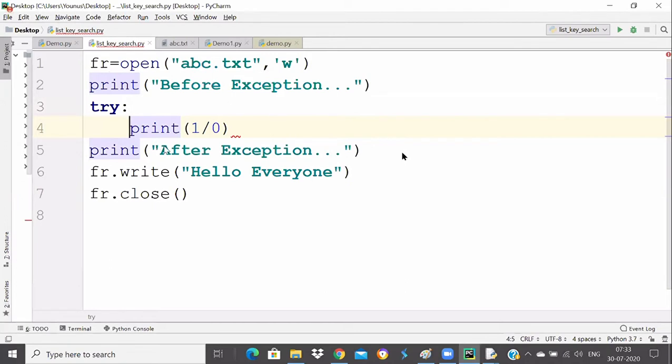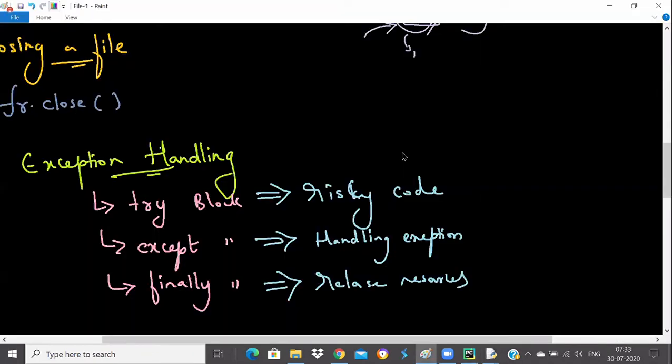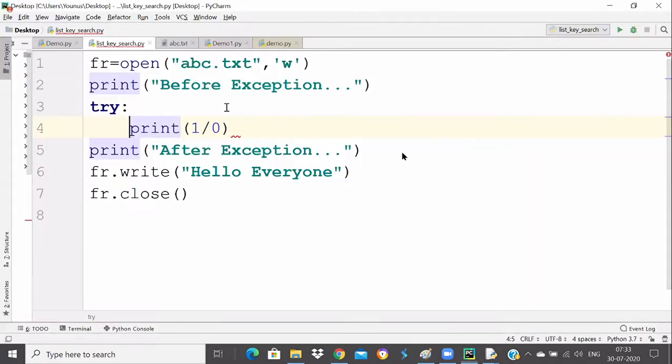After the try block, one thing is very clear: the finally block cannot be written alone. Try except can be written, try finally can be written, and try except finally can be written. So try cannot be alone. Try except should be a combination, try finally should be a combination, and try except finally should be a combination. Directly you cannot write except and finally without try. That's why it's giving an error that after try there must be